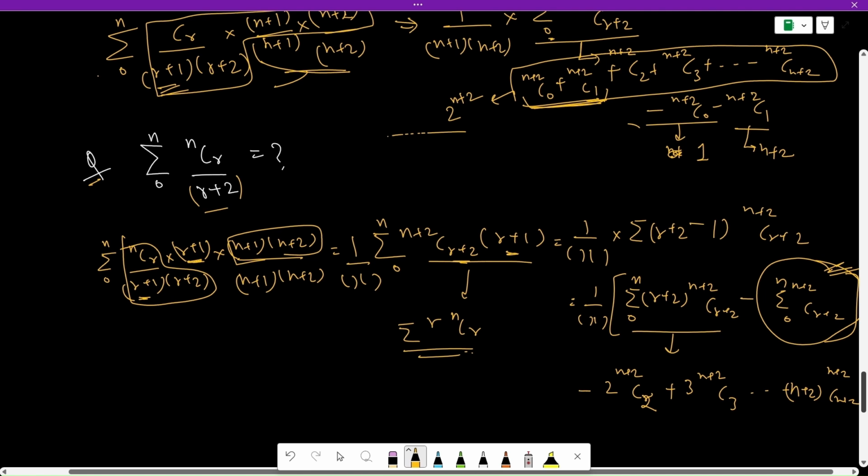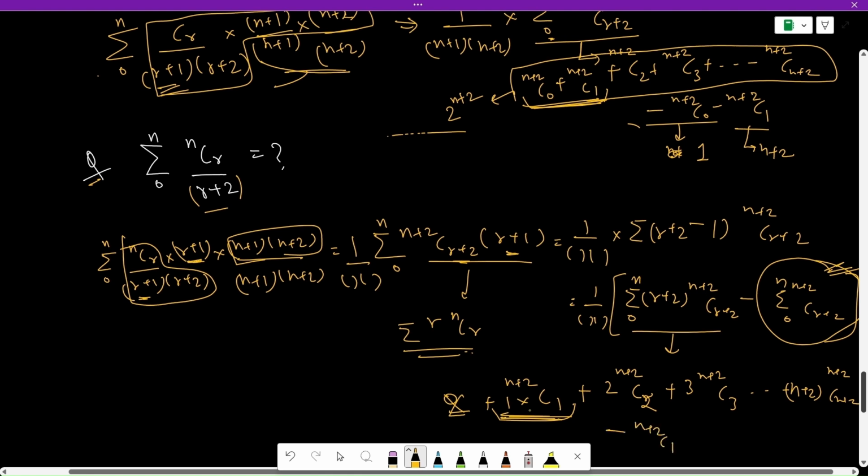But to use the property we also need n plus 2 c0, so we can ignore this, but this is something we are missing, so we will add it and subtract it, minus n plus 2